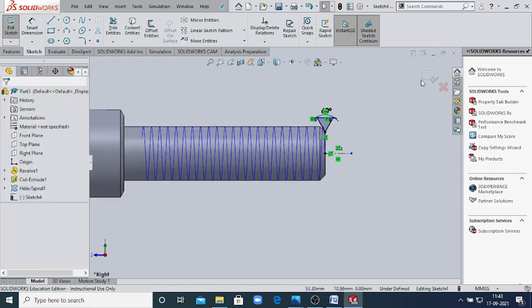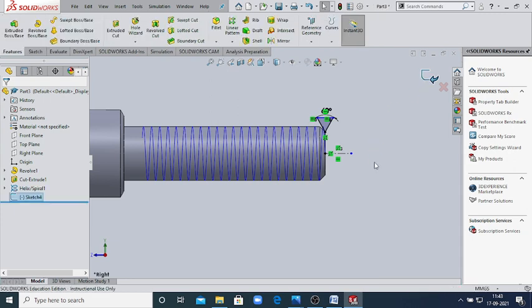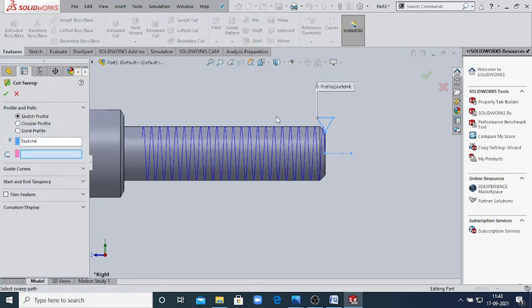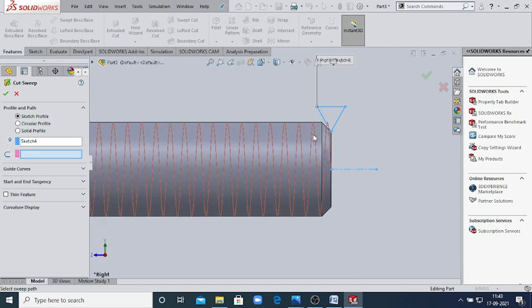Now exit from this side, and when you exit this, our features are activated. Then select features, then select swept cut, and our triangle is selected here, sketch 4. This one is sketch 4, and now select the path where you want to make the thread.